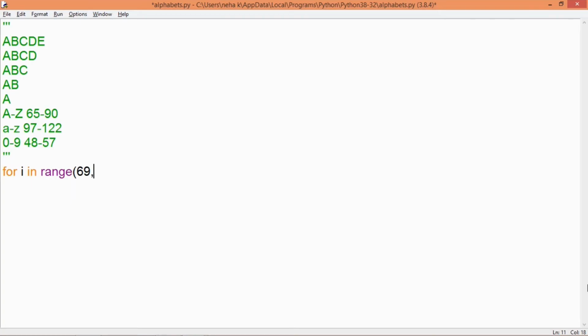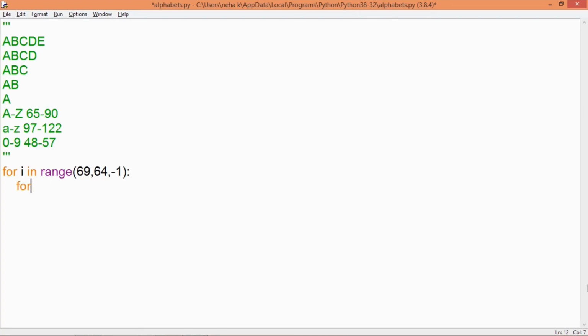So that's why I have written 69, which is the ASCII code for capital E. The last letter that is printed in the fifth line is capital A. The ASCII code for capital A is 65, but I'll write one less number so that it is not included in the range. So it is 64. As the ASCII codes are going in decreasing order, I will write -1 for the step value.